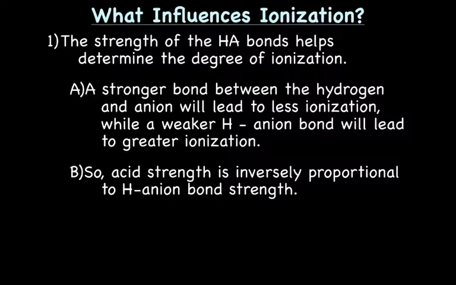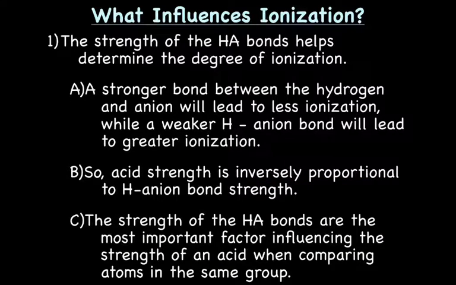So the acid strength is inversely proportional to the H anion bond strength. Again, the stronger the bond between the hydrogen and its anion, the weaker the acid, because the anion doesn't want to release the hydrogen during ionization. Okay, so the strength of hydrogen anion bonds is the most important factor influencing the strength of an acid when comparing atoms